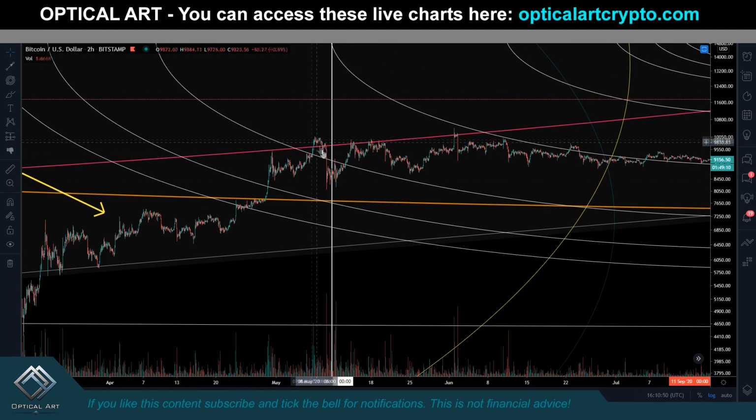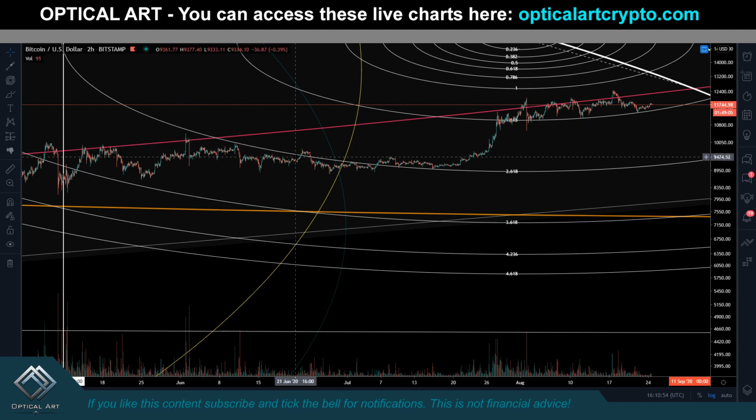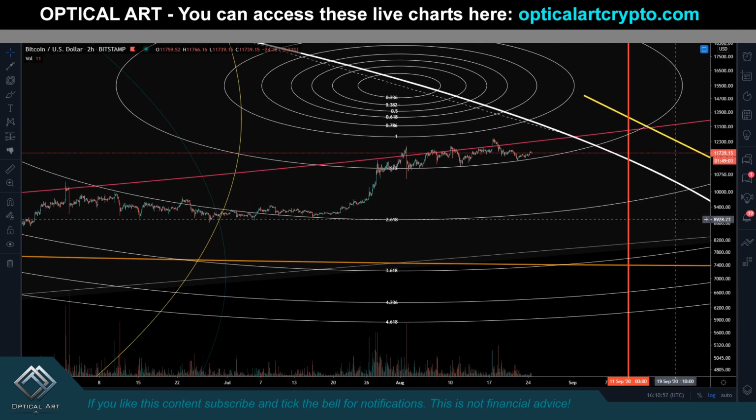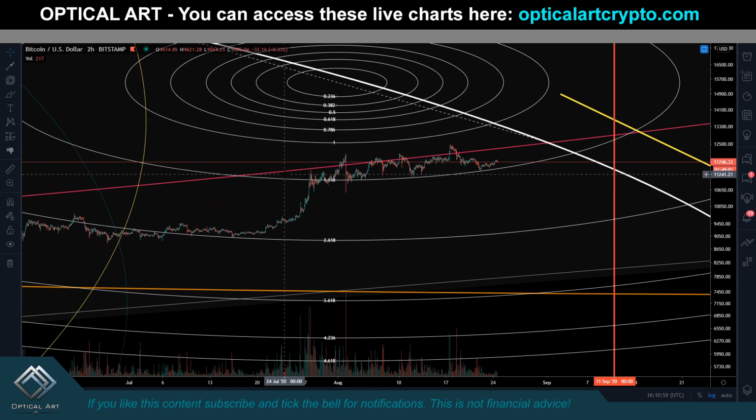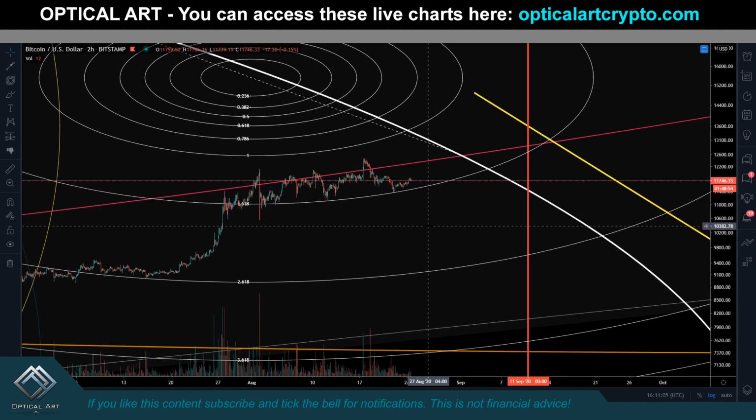Notice we got resistance here, came below, resistance. Notice we were respecting this fib circle: resistance, support, resistance, support. As soon as we pushed up, we're now respecting this ring as perfect support. So going by this chart, if you guys load this chart up, I'll probably need to keep it on a smaller time frame, but if you look at this chart,